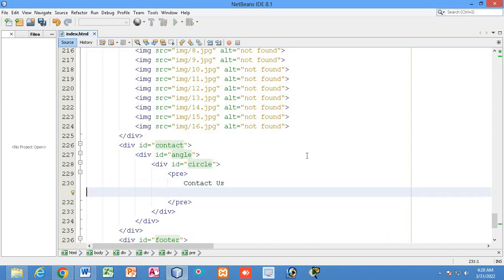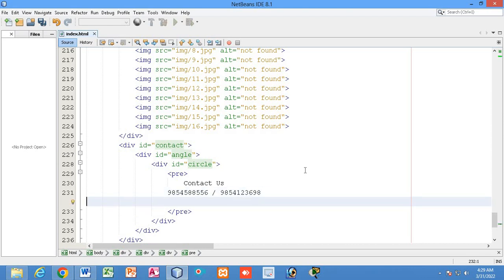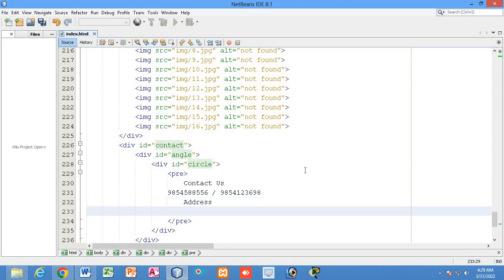Then give the number. You can give 2 numbers, and on the next line you can just write the address.